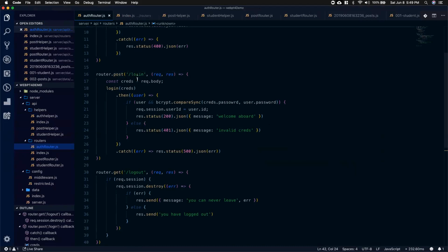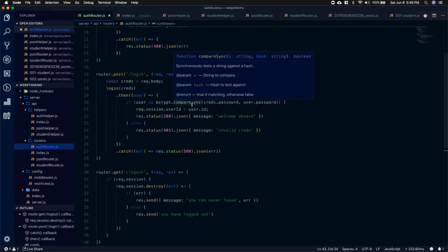So we're taking in creds equals req.body. And then login, we're taking in creds. And then passing in user. And then checking if user exists, and if